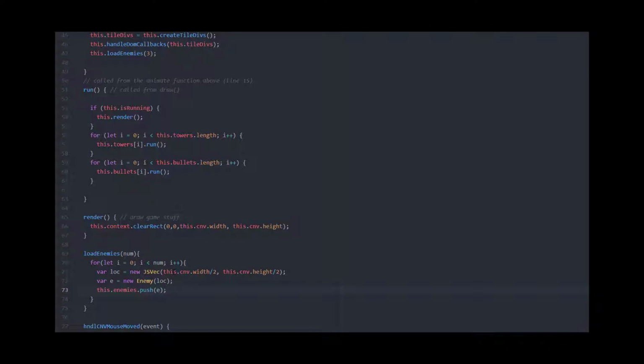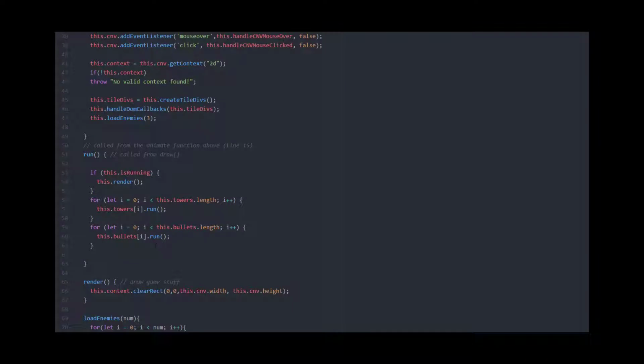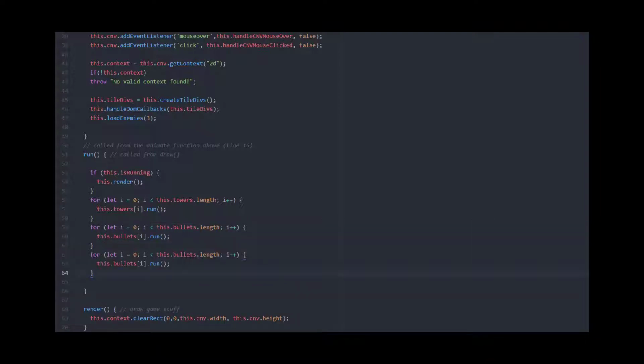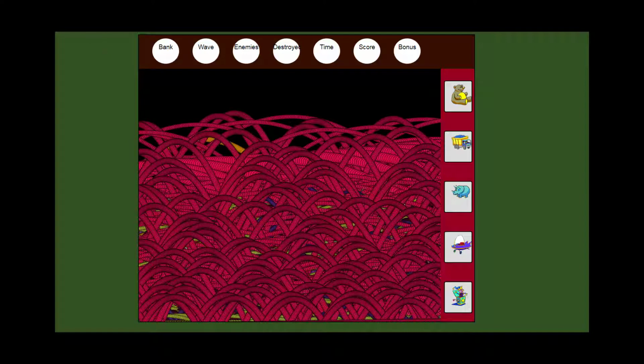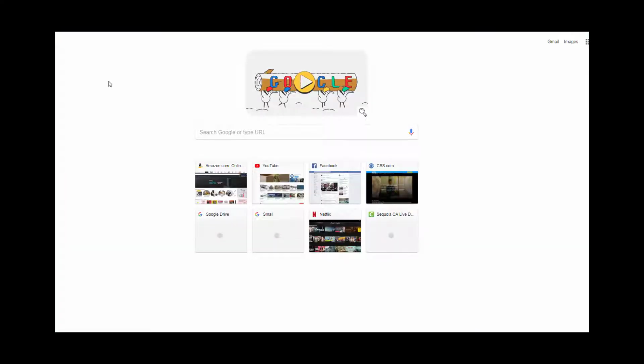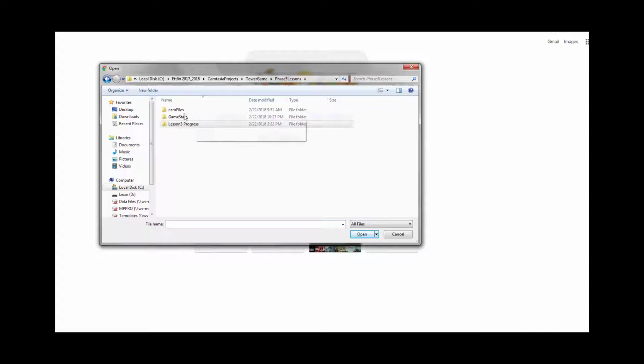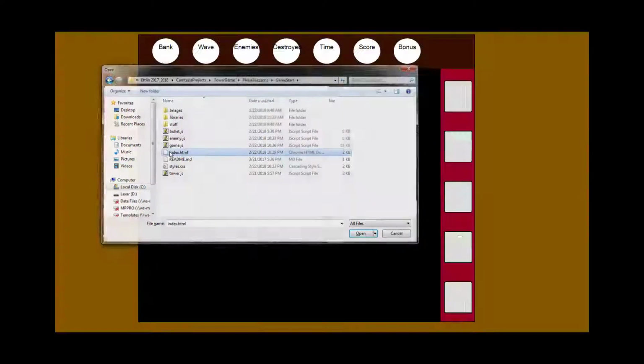And then all I'm going to need to do is when I render these guys, so I've already rendered towers and bullets, I'm going to render enemies in exactly the same way. So enemies now is going to have a bunch of enemies, in this case 3 enemies, good. And so I'm going to take that guy, and now I'm going to render each of the enemies in that array. Wow, I think that's it. Let's go ahead and see if this runs. I'll probably get some errors, but let's go ahead and try it. So I'll just go ahead over here and say Control O, and I'll go into here and say run, and